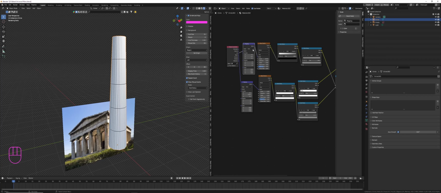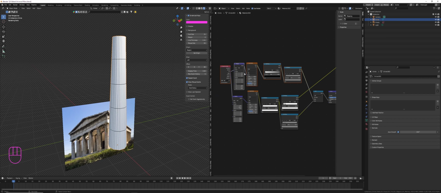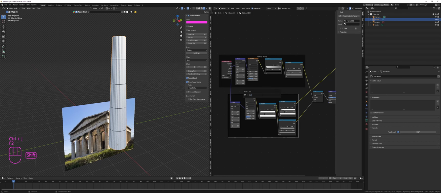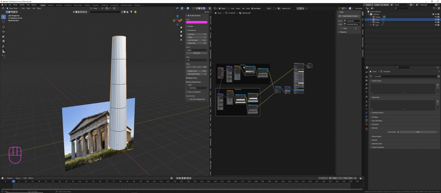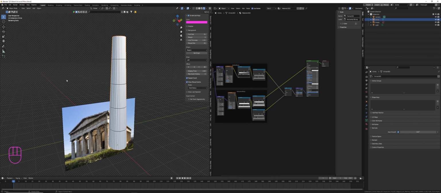Now, let's just label this all real quick. So this is going to be the vertical part, so the vertical stripes, Control J, and that's F2 that, and name this vertical bump. Beautiful. And the bottom row here, Control J, let's name this horizontal bump. Beautiful. Now we have two of these groups or frames,